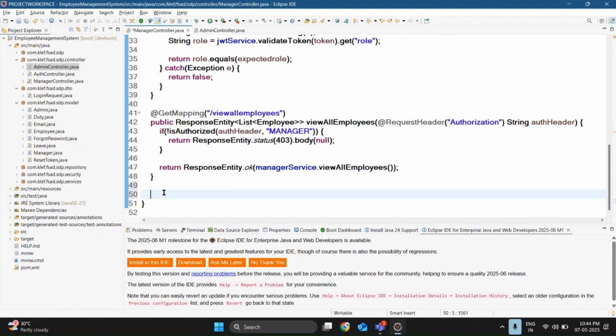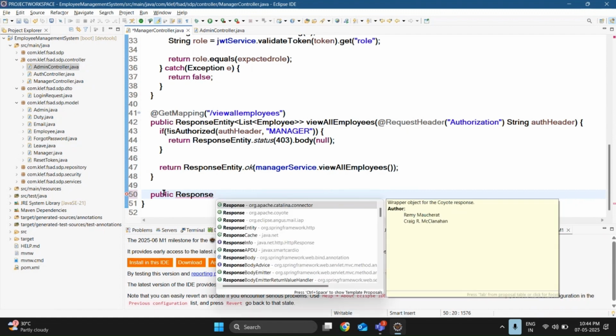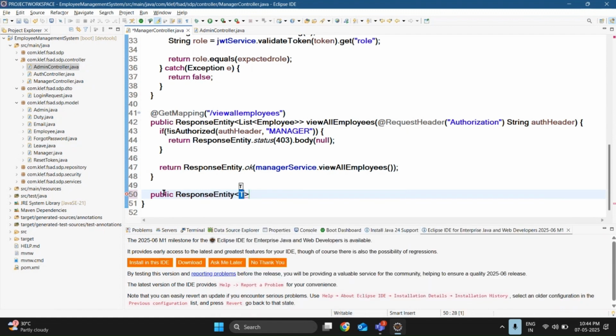Clear? So the next method we are going to write is to update the account status, right? Public response entity. I think the output is string, because the message 'employee account status updated successfully' is in string format. So I can write my method update employee account status. Same thing, pass request header, in between pass authorization,